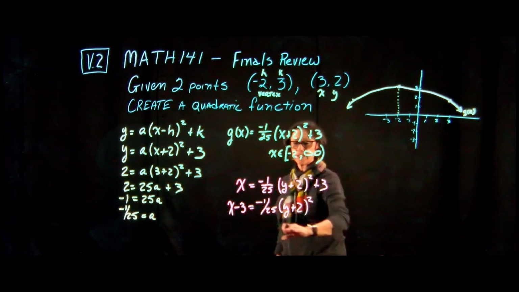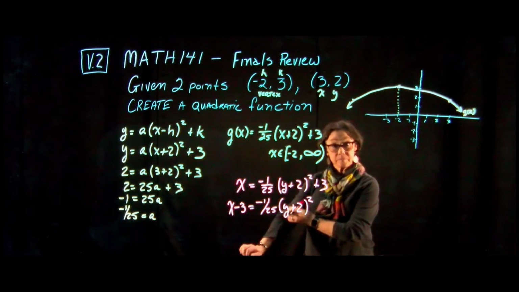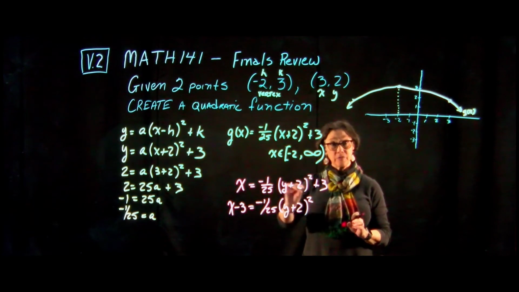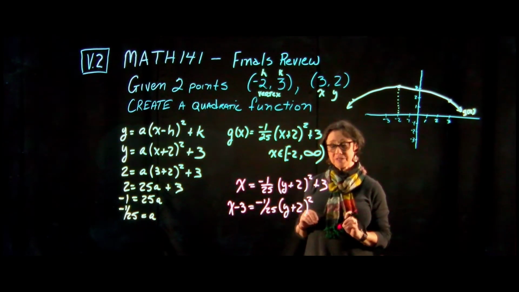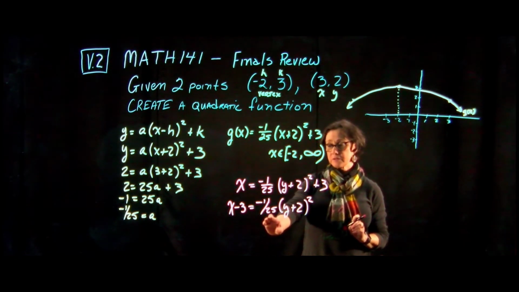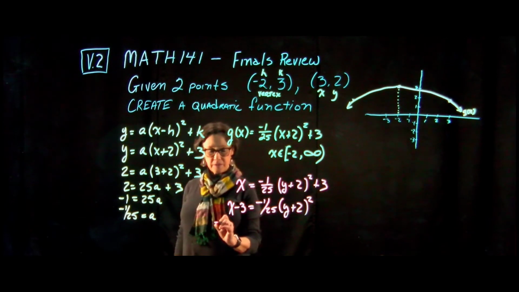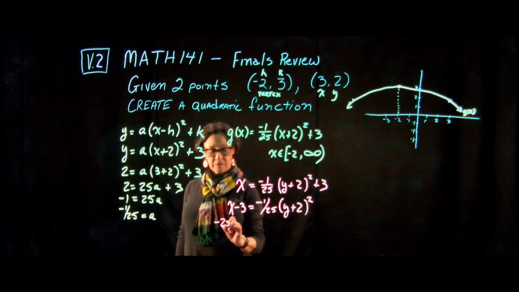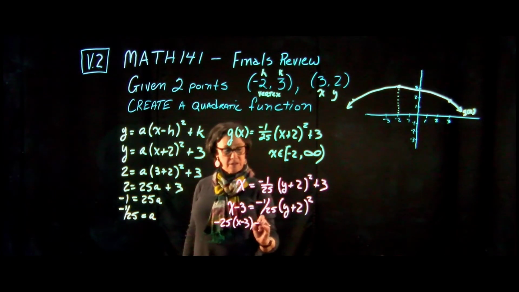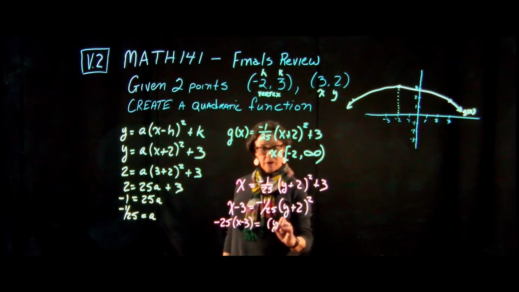And the next thing I want to get rid of is the negative 1 over 25. And in order to get rid of negative 1 over 25, I want to multiply both sides by a negative 25. That will make this positive on the right-hand side, and we'll remove the 25 in the denominator. So negative 25 times x minus 3 equals y plus 2